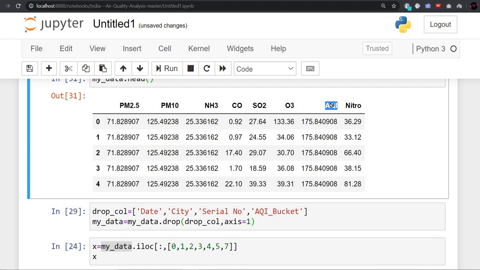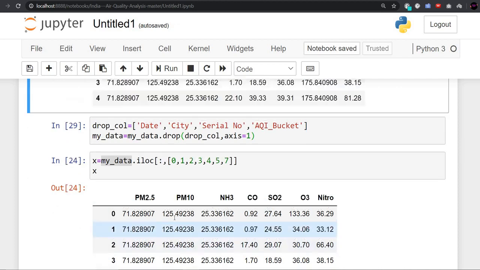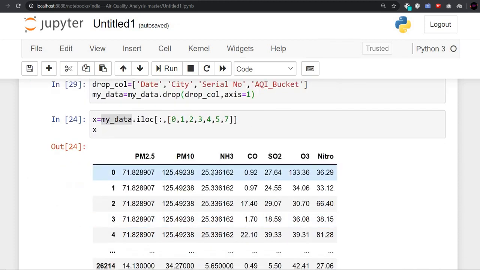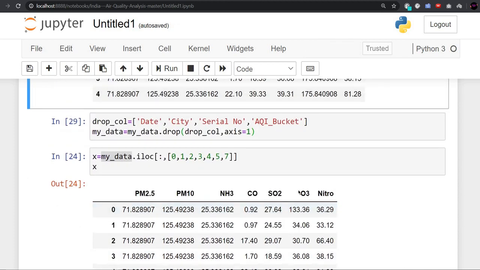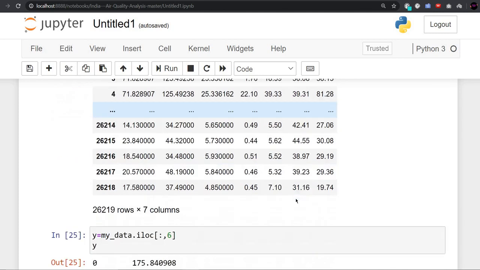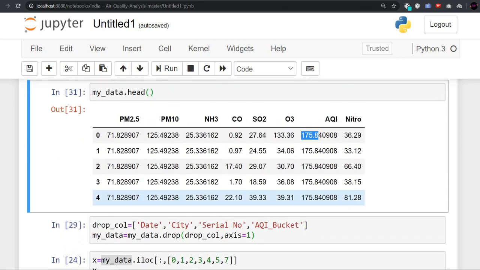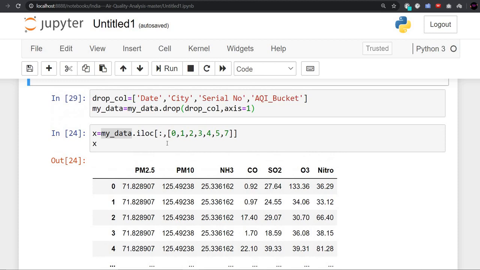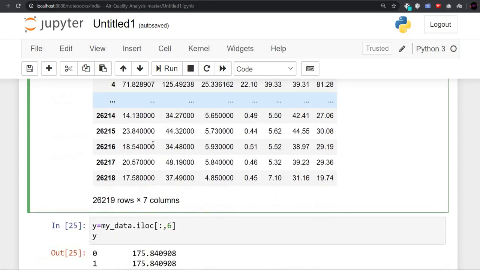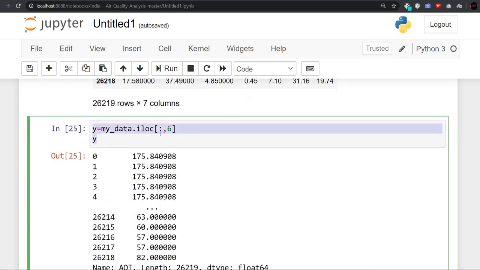So you can see that here there are only the input values, no AQI value. And after that we use the same iloc function with index slicing, and we get the 6th column.